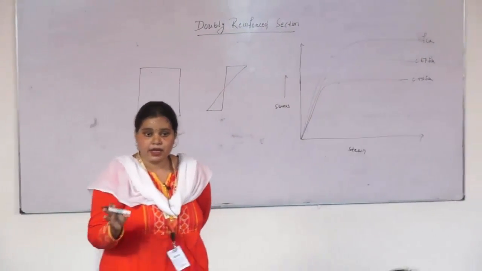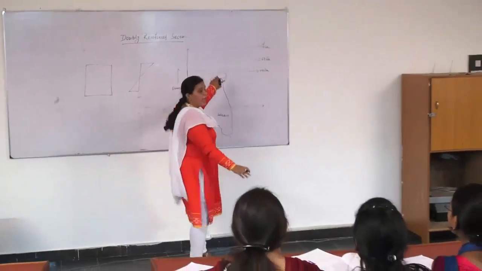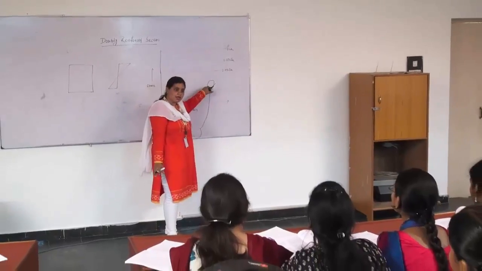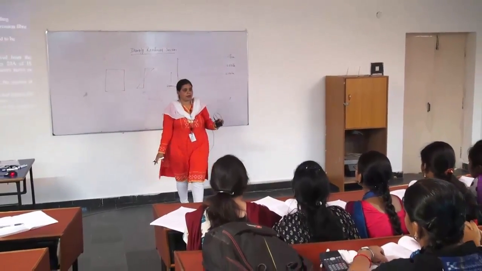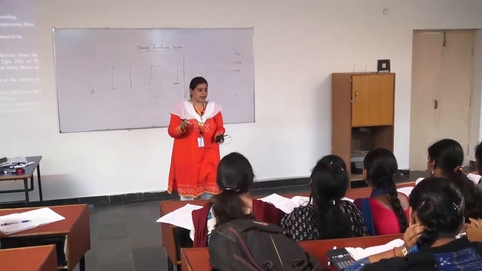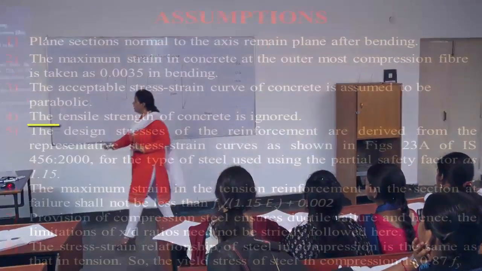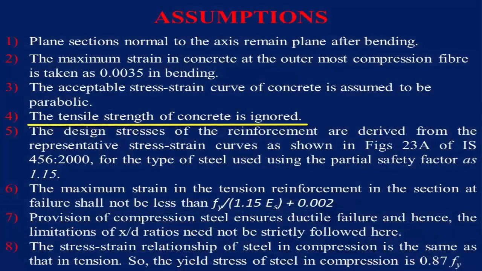Now you confirm, are you clear about this concept regarding the stress strain curve of concrete? All of you know that? Do you have a doubt on that? Clear? Okay, how can you find out? For any stress strain curve, this one is for concrete, first you take the topmost value, then you divide it by the size of the material, then you divide it by the partial safety factor. Understand?